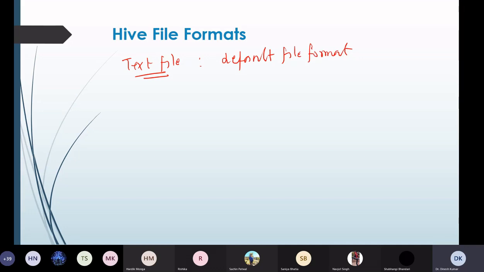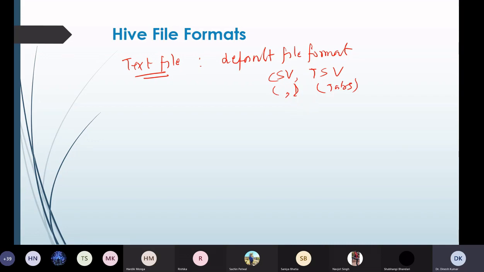In this case, we will create CSV or TSV files. CSV files are separated by commas, and TSV files are separated by tabs.